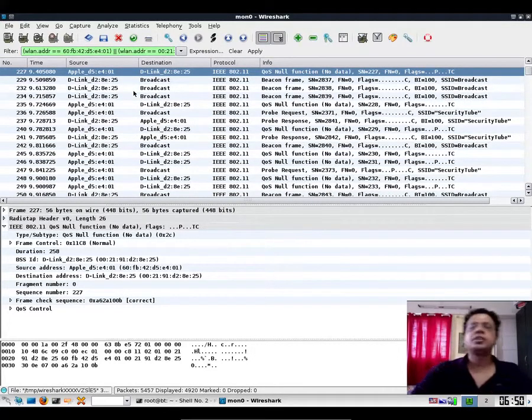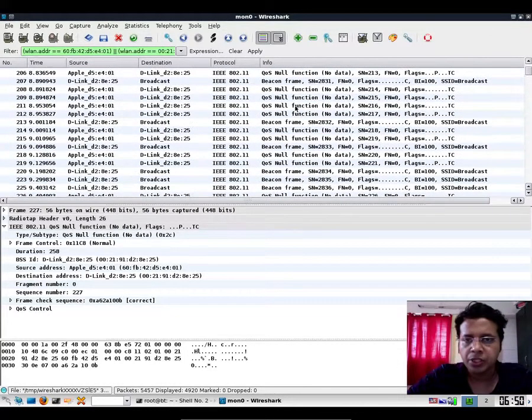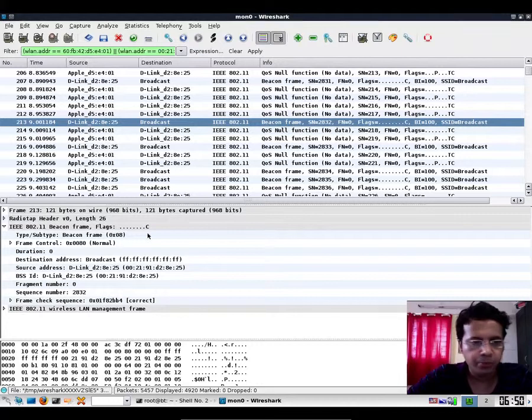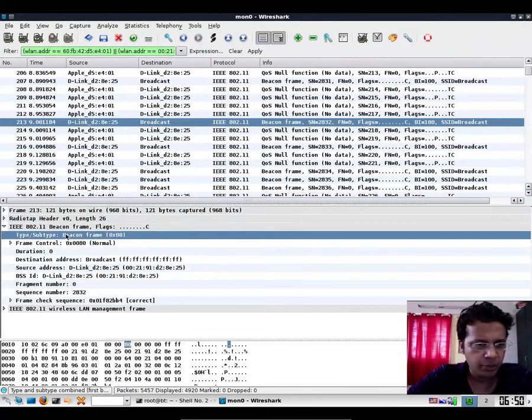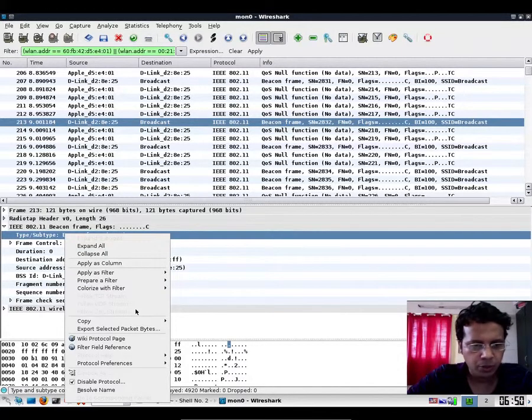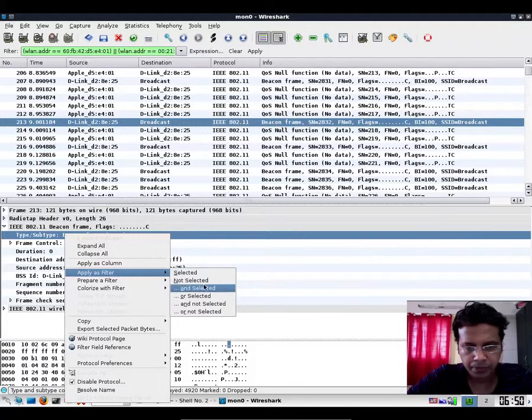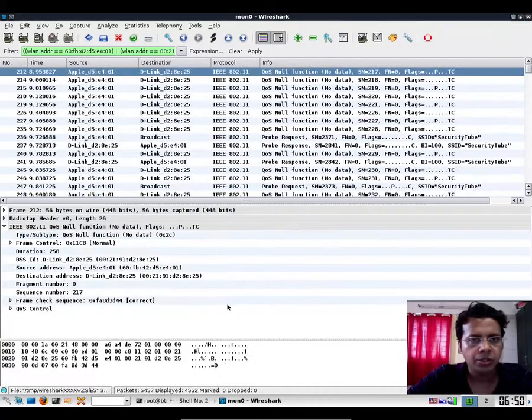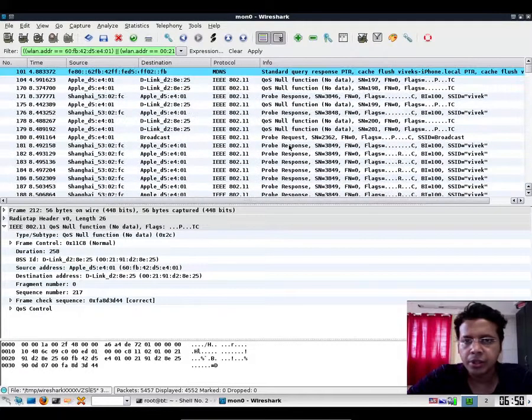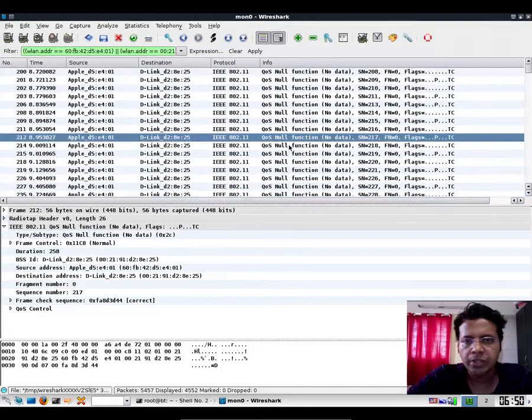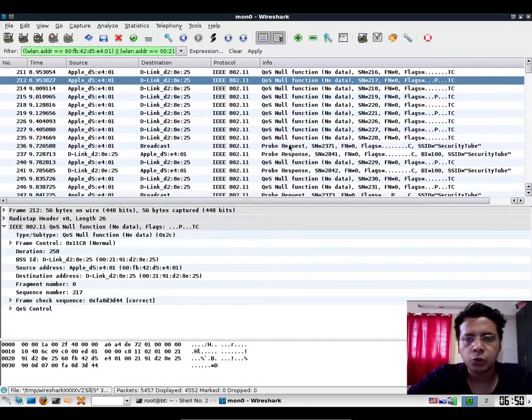Because the broadcast deauth is just sent to the broadcast address, so we would not be able to see it unless we put the OR clause. And what we really don't want is the beacon frames, right? So let's put the AND not selected. And now let's actually go through the